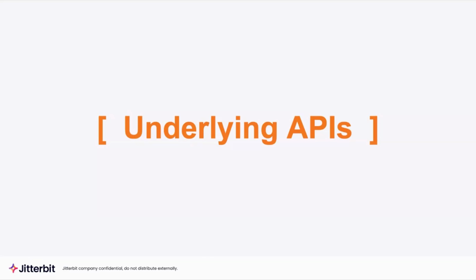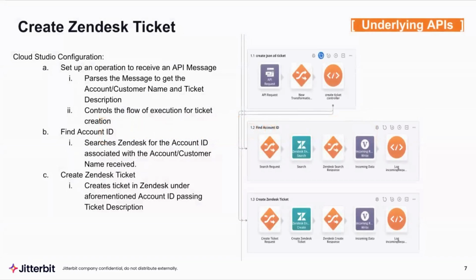So let me discuss. We have four different APIs that we are using. The first one is the one that allows you to create a Zendesk ticket. In this case, as you can see on the right hand side, I have Cloud Studio, and it's showing the different operations or flows that are executed. And then, of course, in order to expose this as an API, we went to our API manager, and literally within a few clicks, in less than a minute, we turned these flows into an API